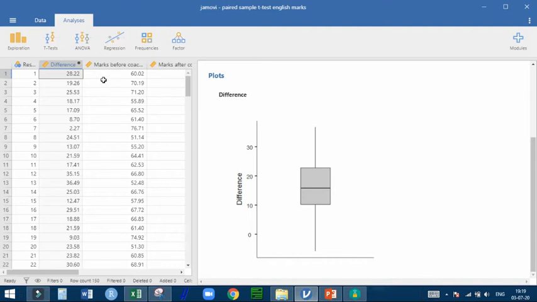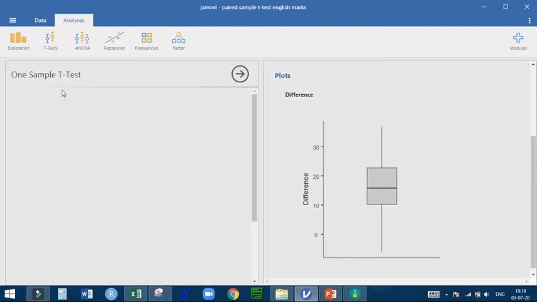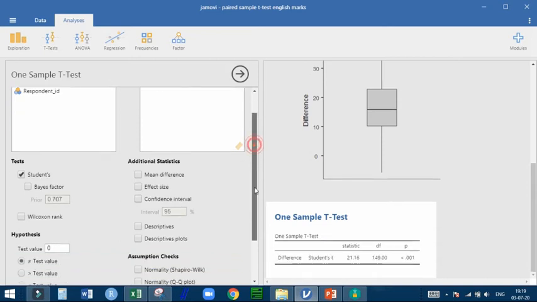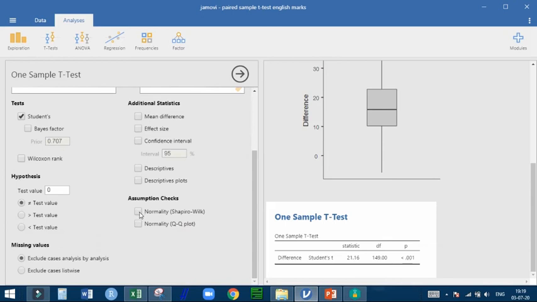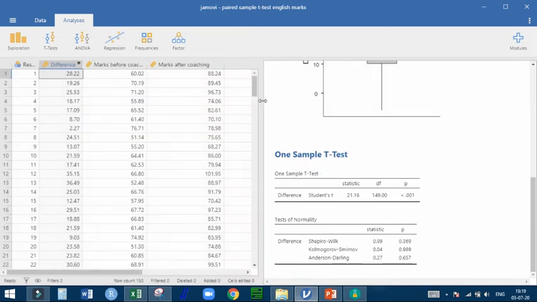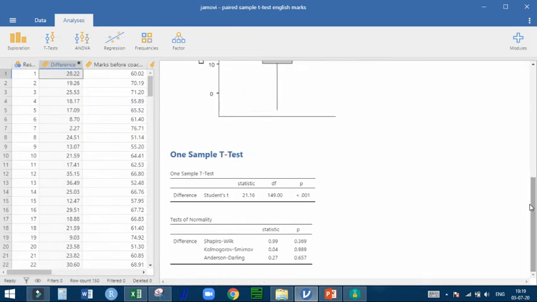Second assumption, normality. To check normality, click on t-test. In t-test, one sample t-test, shift the difference variable into dependent variable and click on the normality assumptions checkbox, normality Shapiro-Wilk. Let's check the output in the output region.